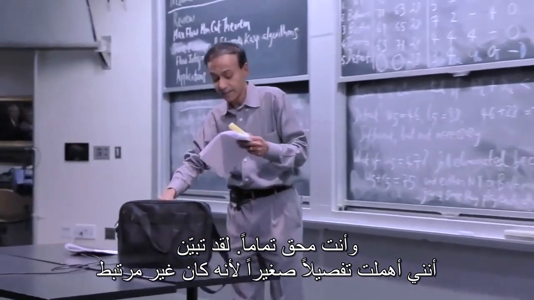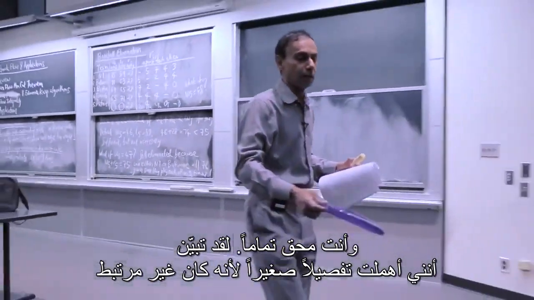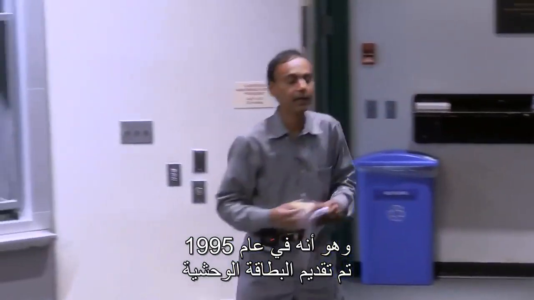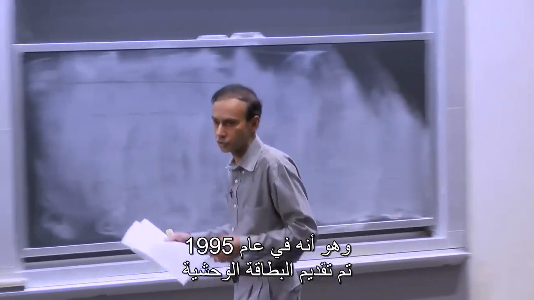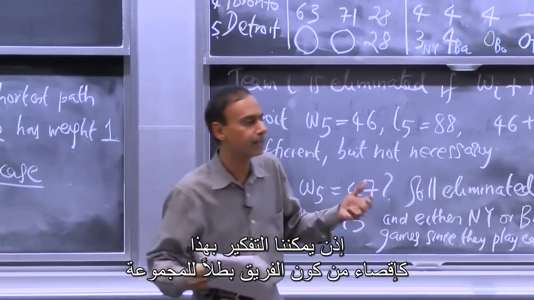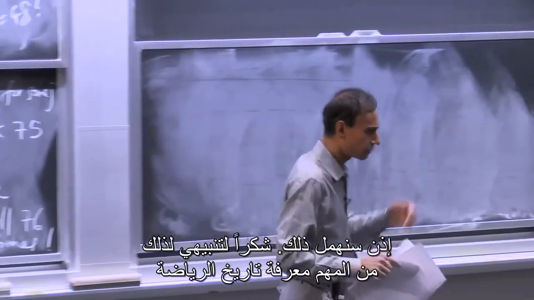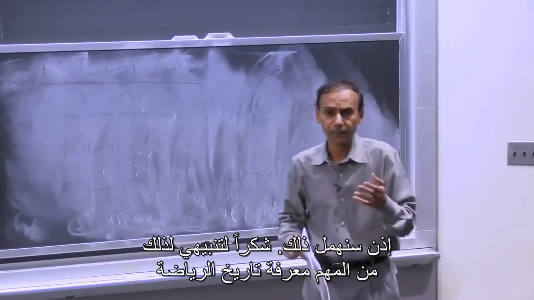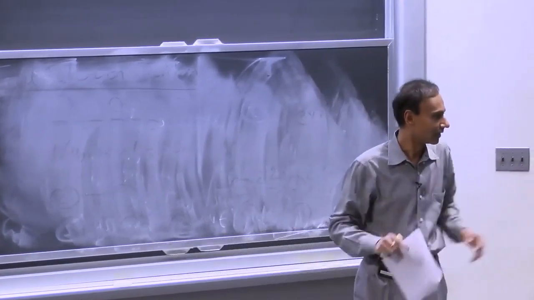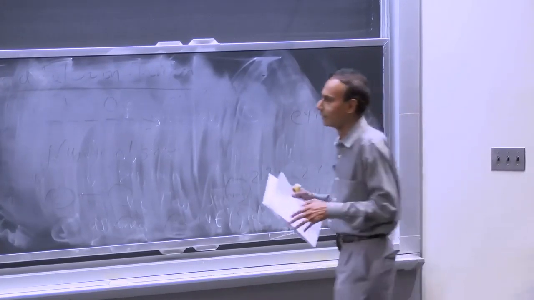It turns out I skipped this little detail because it was inconvenient. Which is that in '95, a wild card was introduced. So we could think about this as elimination from being the division winner. Okay, so that's an aside. Thanks for pointing it out. It's important to know sports history. Really important, almost as important as 046. But